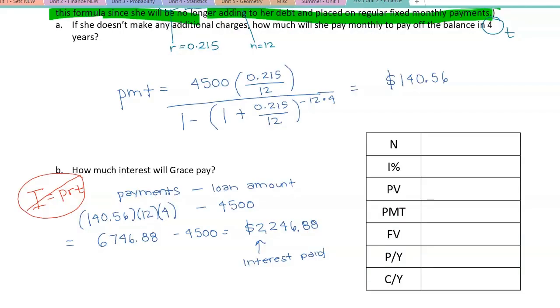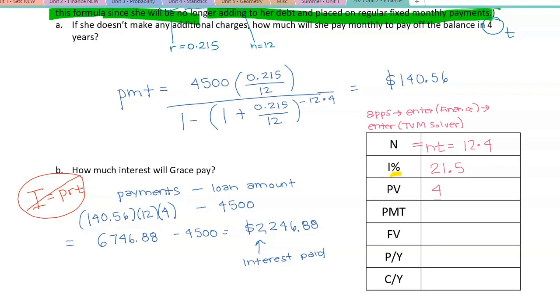If you are using the app on your graphing calculator, just a reminder, the steps: click apps, then enter, it'll say finance, then we will do enter again because it's on the TVM solver. Then we will fill in these arguments. Capital N is little n times t, which is 12 times 4. The app will do the calculation for you, or you can put it in as 48. The choice is yours. The interest has to be put in as a percent. That's what this percent sign is here for, to remind you to put in the percent.